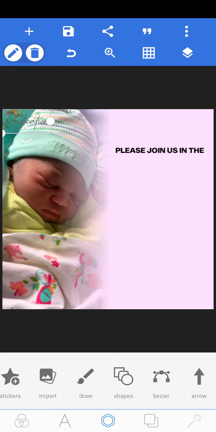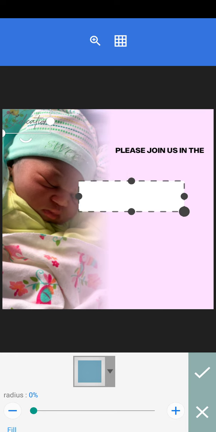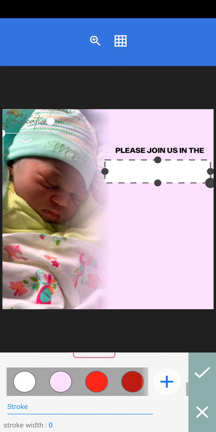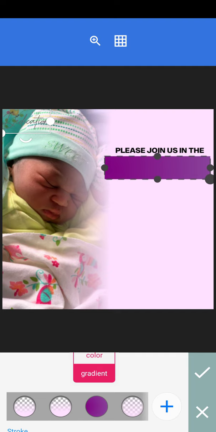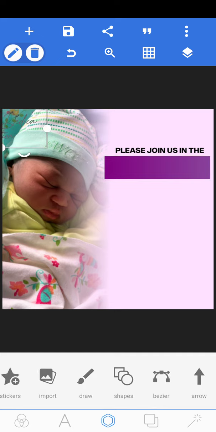Then I'll come to shapes. I draw a shape here underneath the place. Then I give it a purple color, which is gradient color. So I'll be giving it this color. So I guess that's fine. Okay, let me decrease it. Okay. So let me drag this